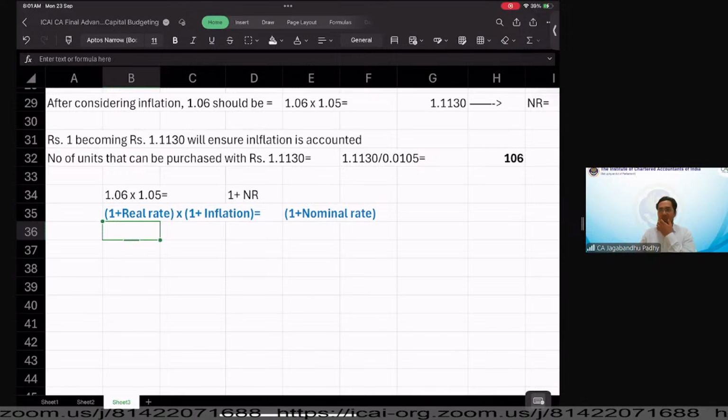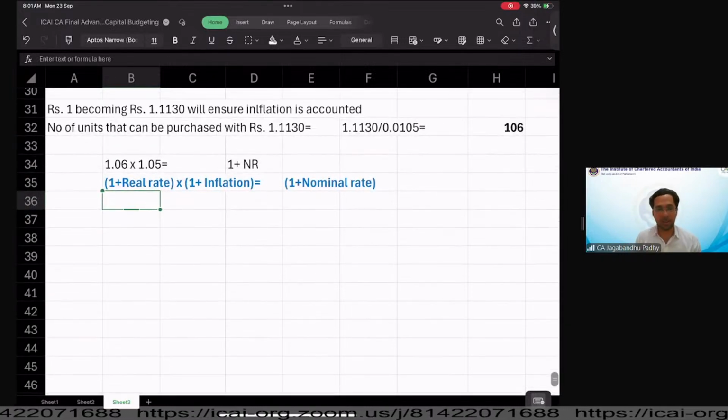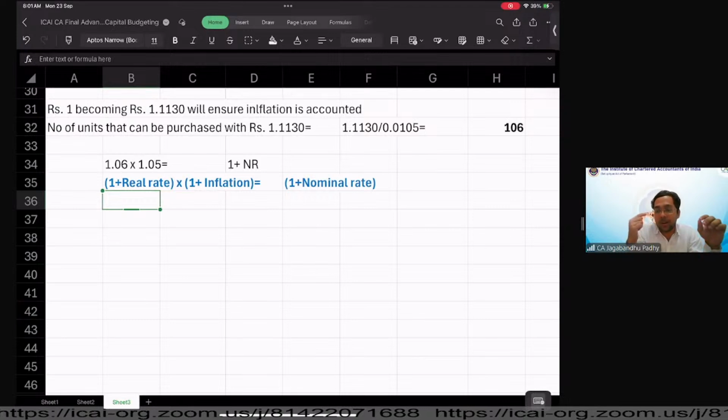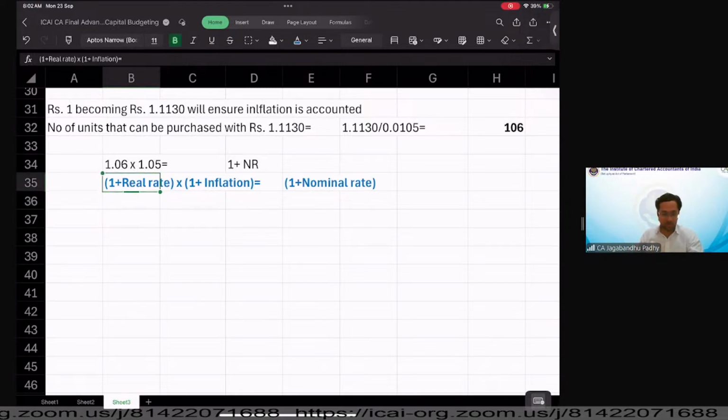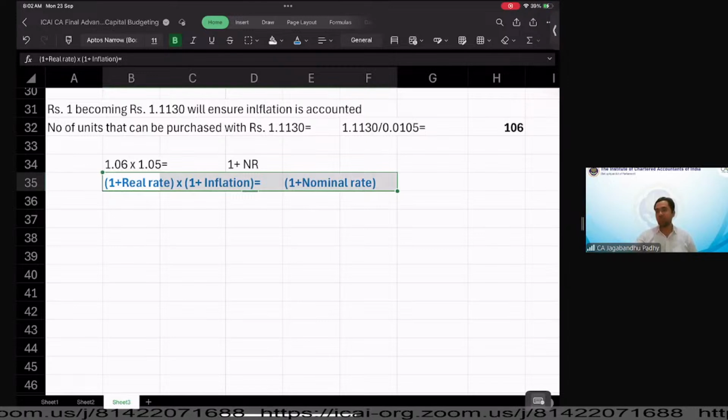Am I making sense to you now, guys? Are we able to understand this concept? It's a very interesting concept of real and nominal rate. And just touching upon the basics in detail, guys, so that you go home without any single question in your mind as to why did we multiply that, why did we add that, why did we divide that. So there shouldn't be any such query in your mind. Therefore, I'm going into very much detail about the basic concepts. Does this equation make sense to you now, everyone?